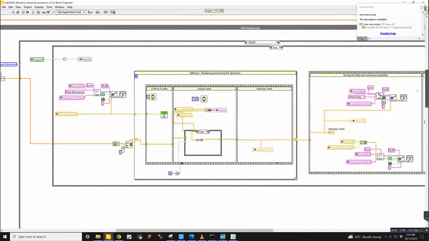So if we come back up here, which is where we started, we have this sine wave array. And for every value here, we're going to execute this whole frame. So we initialize a blank array, which has the size of a spectrum, but no elements in it. So it's just a pre-allocated array. And what we do is first write to the K cube. And then we take a spectrum, which is passed in